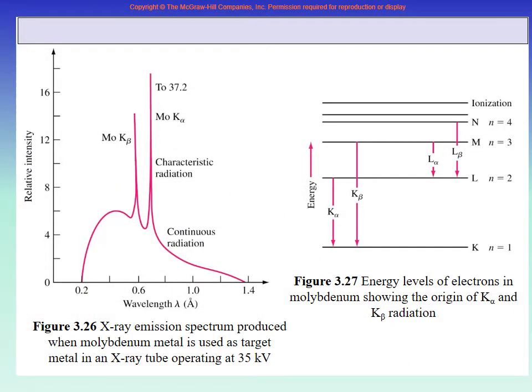We were telling you that in the previous diagram, where we showed the schematic of the X-ray machine, if you have molybdenum as the material, then peaks will be created at certain wavelengths. There will be peaks at different wavelengths, and here it is explained that we have the K shell, L shell, M shell, and so on. When there is extra energy, the electrons jump from a lower shell to a higher shell, and when the electrons jump back, they give off the energy in the form of an X-ray.